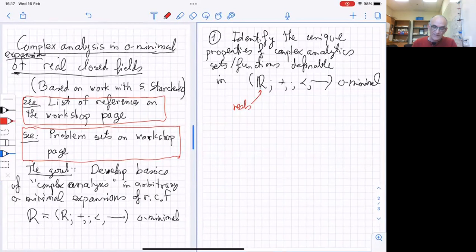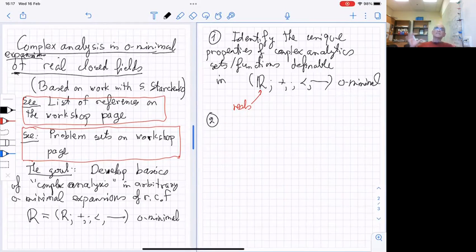Because we are doing model theory, what we do actually, and we could have done, so this could have been a class by its own. I could have done a class on just definable functions and sets in o-minimal expansions of the real numbers. By the way, if you have questions, I can try to answer if you just shout them in. If something is not clear, I don't mind. You don't have to raise your hand, just unmute yourself and ask. And if we see that it doesn't work time-wise, I will tell you, but please feel free to ask questions just by unmuting yourself and shouting the question. Okay, so this is one thing we could have done.